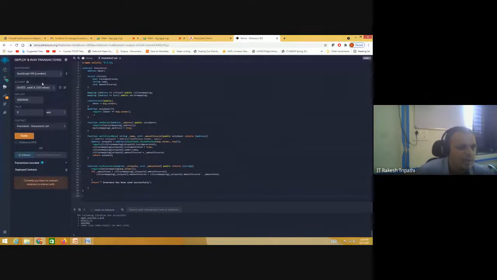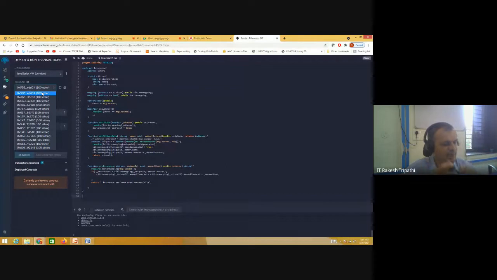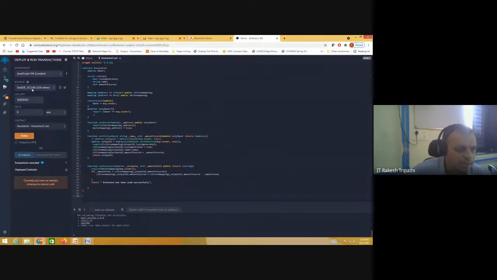So here the environment is JVM. These are all the accounts. These are all nodes which I was talking about. ABC, I've given you an example. Here there are 15 accounts. Okay. Now this is the address. Okay. Who is deploying? I am deploying from here. So he is now the insurance company. Okay. Insurance company deploy. So he has deployed this one,